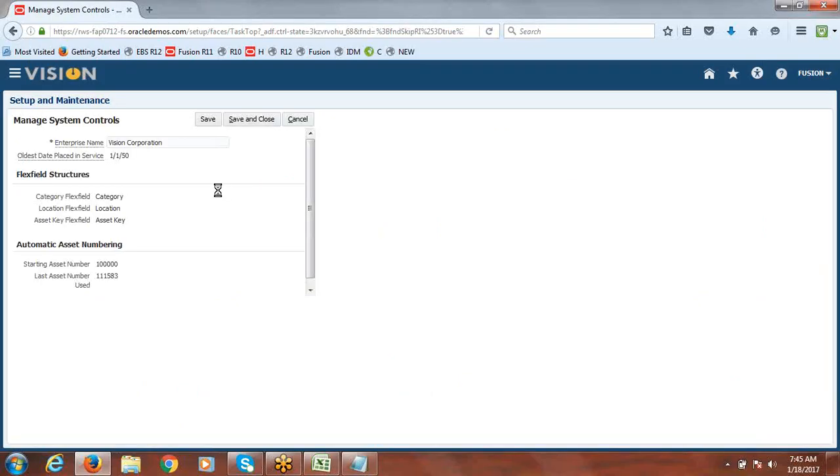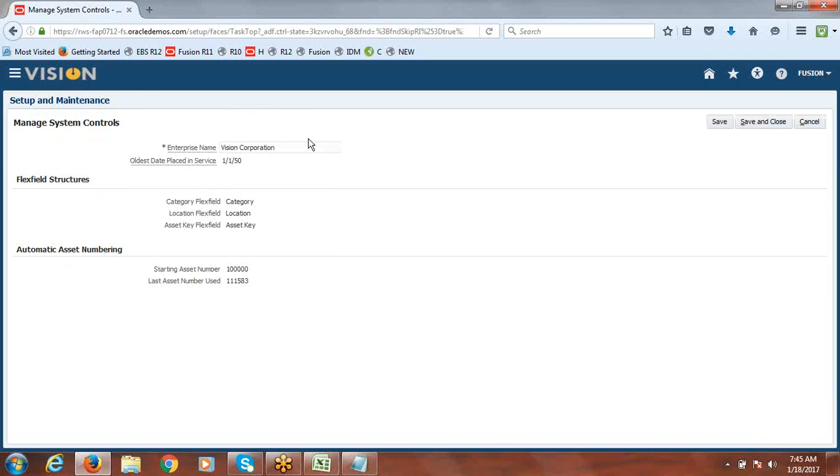It's already completed, right? Since this is a Vision instance with the name Vision Corporation, they completed it. They created a category flex field structure named category, a location flex field structure named location, and an asset key flex field structure named asset key. Basically, these are the instances.